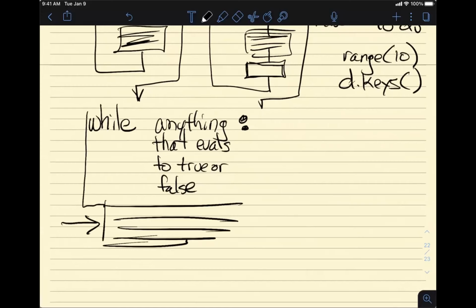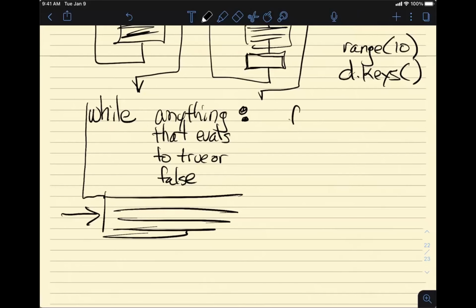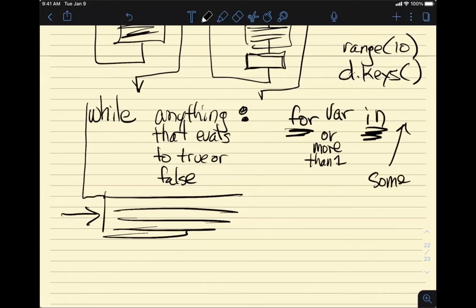The for loop is a little bit different, and that would be for a variable or perhaps several variables, and that's a pretty cool feature of Python, in, so that's a keyword, and that's a keyword, some kind of container.